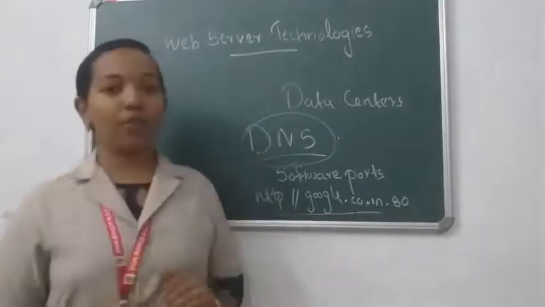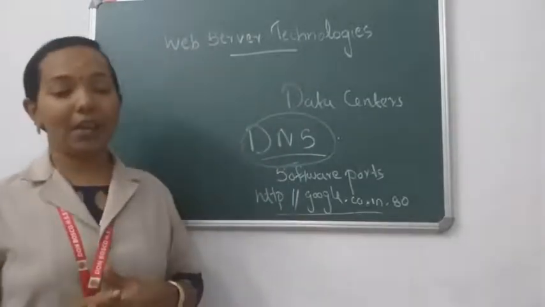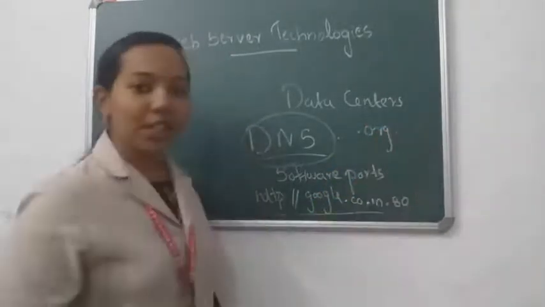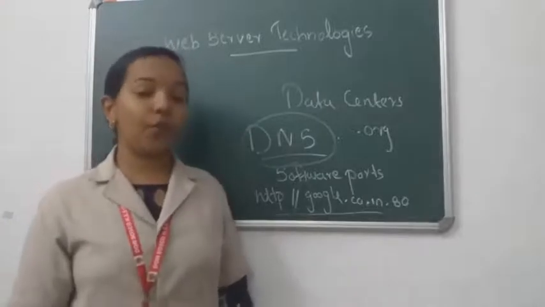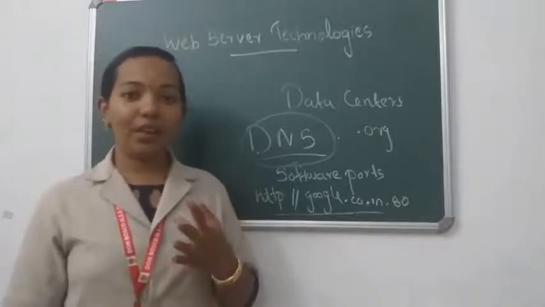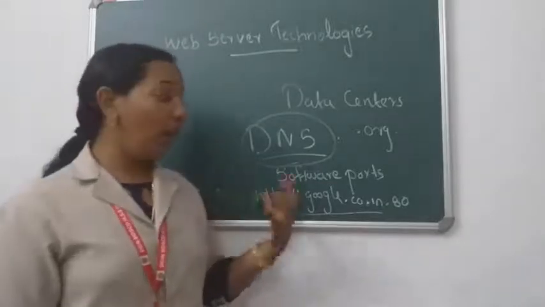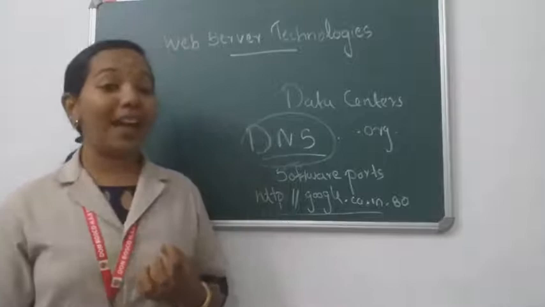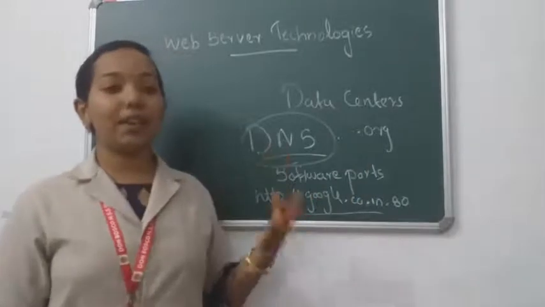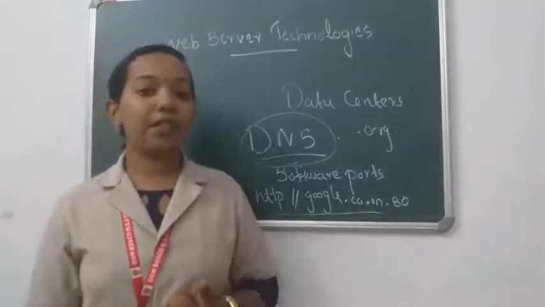So this is another technology that we are using in web server technology, that is called DNS, to easily get the IP address. All of you know in DNS we are using terms like .org. ORG stands for organization, then .edu for education websites, and country codes we can also give. .in stands for India. Like that, there are so many short forms available. With the help of these short forms, the domain name server can also identify the physical location of that particular IP address. So with the help of DNS, IP address identification will be very easy. Okay, so these are the different web server technologies.